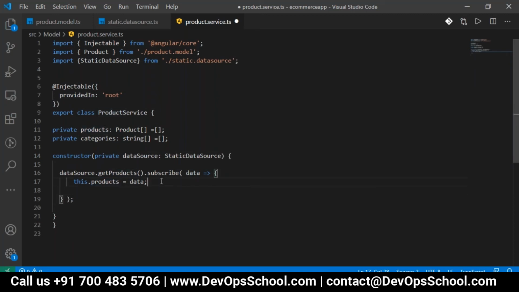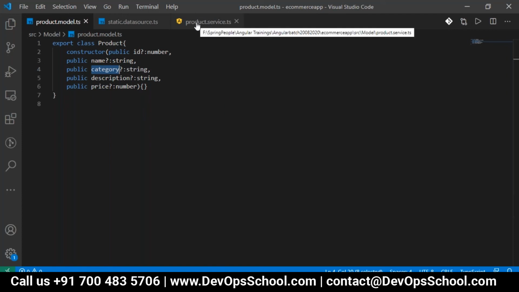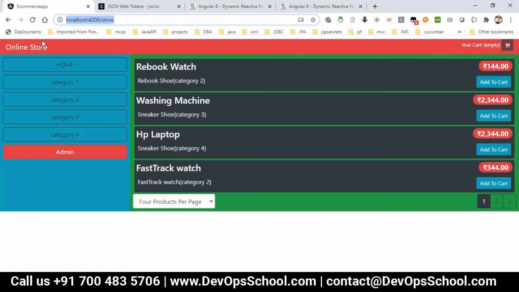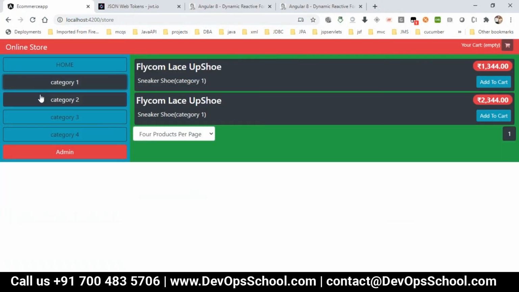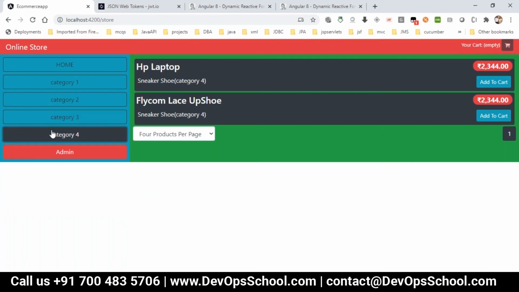So then I want to get the categories. What is the category? Category is one variable which is there in the product itself. I want to get only products based on the category. Why do I want to get it? Just have a look here. Depending on what category I'm clicking, I'm getting the products for that particular category, right?